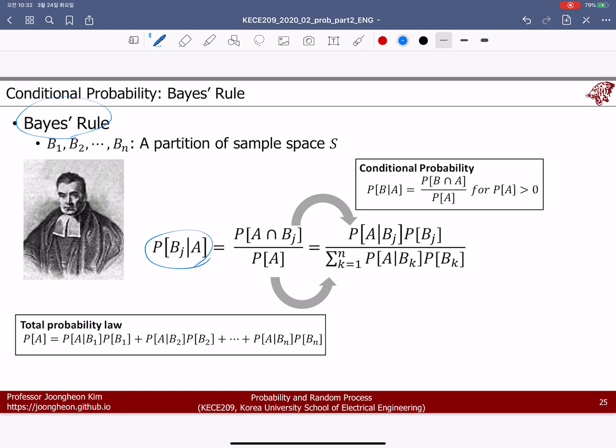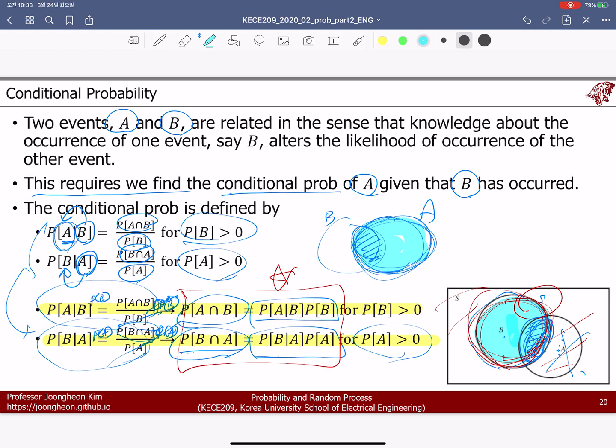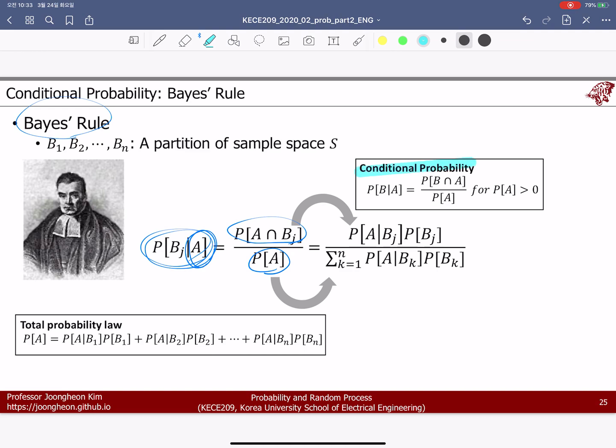When we want to calculate this one, this is conditional probability. That's why we have to put the probability of A at first, and then we have the union, just like that, as we studied here. Okay, this is much more similar. And then by using the conditional probability law, we convert this one to this one. By using the total probability law, we convert this one to this one, because probability 1 is the summation of all the conditional probabilities of each segmentation.